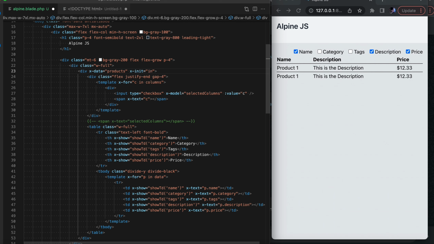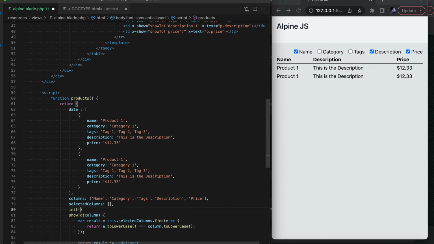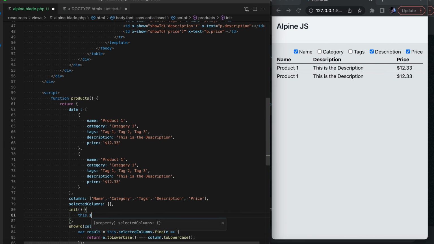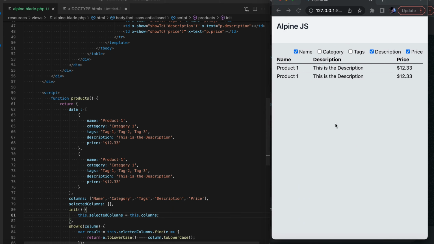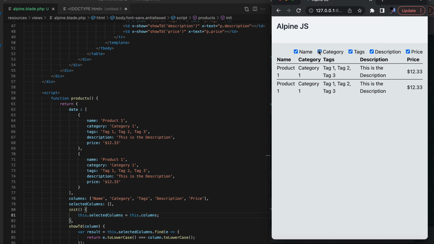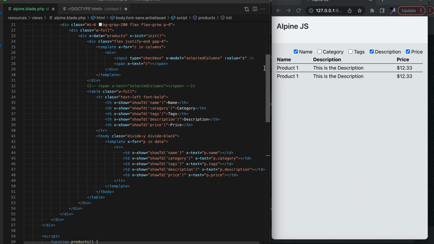And within it, I'm going to call the init method. And let's define this init method. Within this init method, we are going to populate the selectedColumns, and we will assign it the same value as the columns. So by default, all the columns would be selected. And if I reload it, we see that all the columns are selected and our functionality is still working fine.